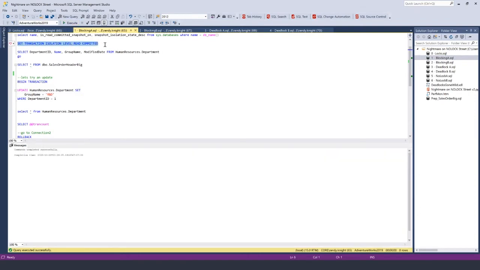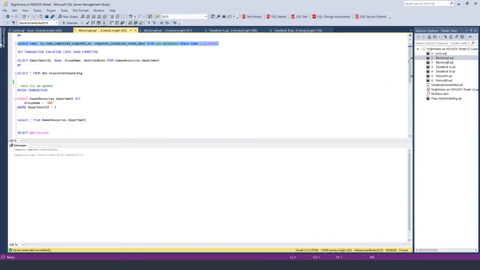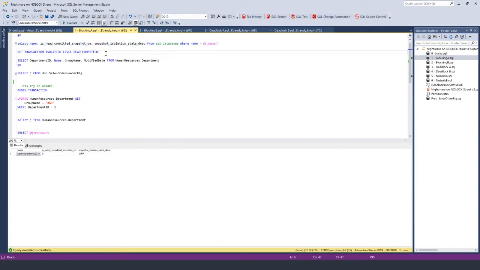I also want to make sure that snapshot isolation is not enabled for this database. And we'll talk about what that is briefly after this demo. All right, snapshots off, we're in read committed, we're good to go. The way the default behavior of the read committed isolation level works is SQL Server will grab a shared lock on a resource only for as long as it needs to read that resource and ensure that it hasn't changed,